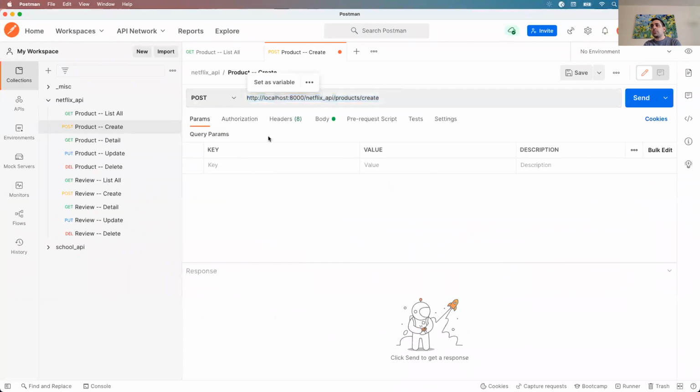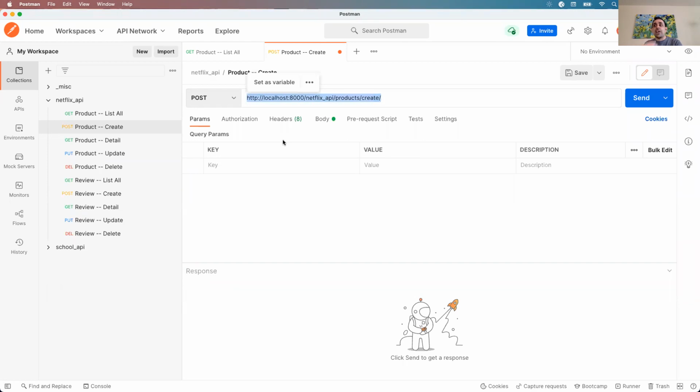So now we're making a POST request to products / create. One important thing that gets me all the time, make sure you have an ending slash here. If you leave that slash off, Postman will sometimes complain, or Django will complain, something will complain. Have an ending slash. It'll save you a lot of headaches from doing this over and over again. All right, so we're sending a POST request. Remember, POST